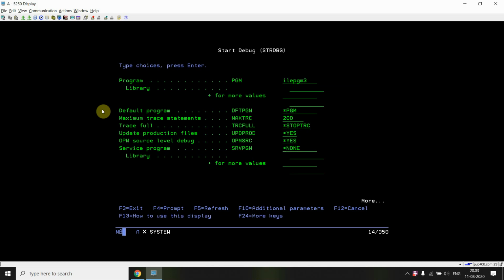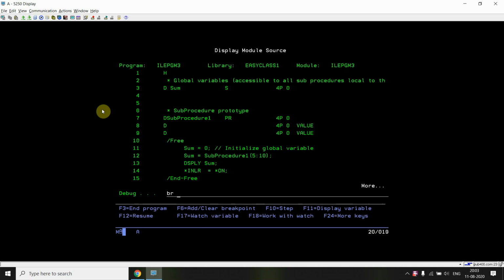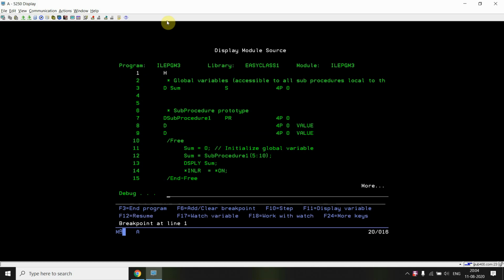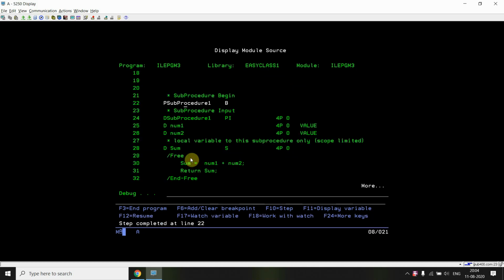Just set the breakpoint at line number 1 and call ILE PGM3. We can see that sum is currently 0, which is a global variable. Now initializing with the same value and passing sub procedure 1 the two values 5 and 10, and returning this sum. It will go here, Shift F10.